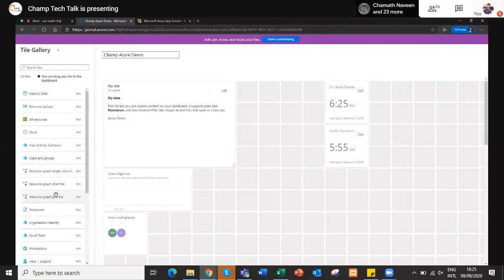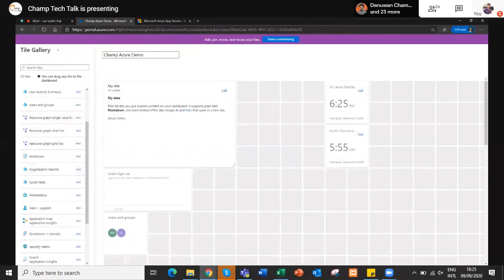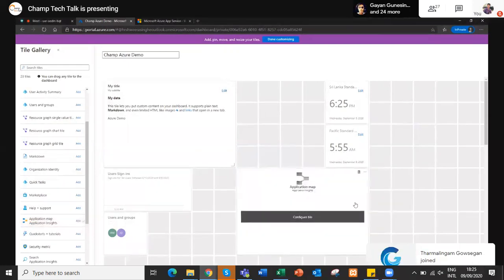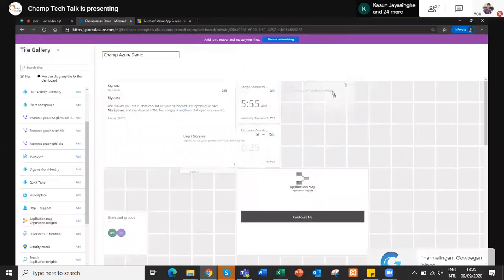Now, as you can see, we created an application. In our application, I need to see how this application behaves, how the traffic goes on and off. To see that in our dashboard, you can simply drag this application map and application insights. Let's keep this clean a little bit.